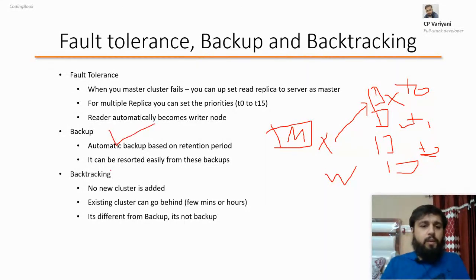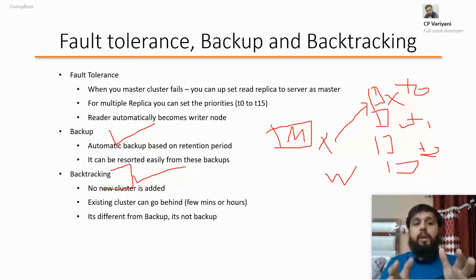But there is another functionality now being provided by Amazon Aurora DB, which is backtracking. That means you can go back up to X minutes or X hours and revert your database. So the limit is 72 hours. So if there is a commit at 10:55 and at 11:55 you realize, then you can always go back and revert your data. But the limit is 72 hours; beyond that, of course, you can't do it with backtracking. You will have the backup in that case, the backup and restore functionality.